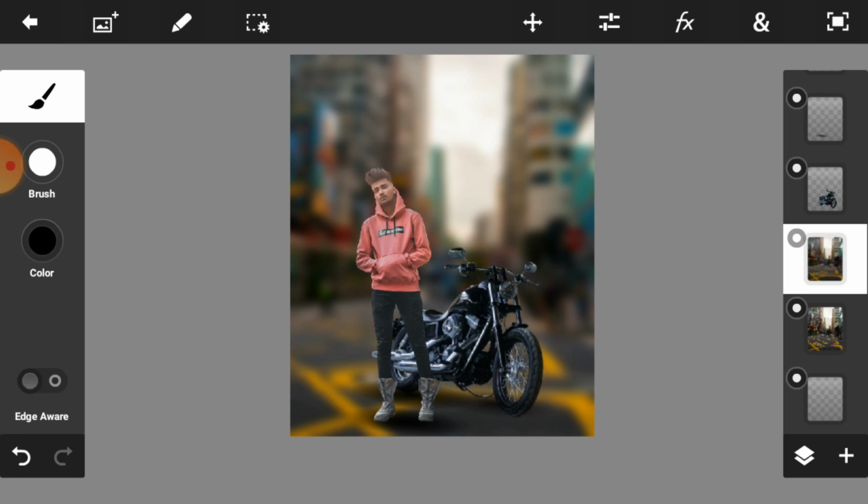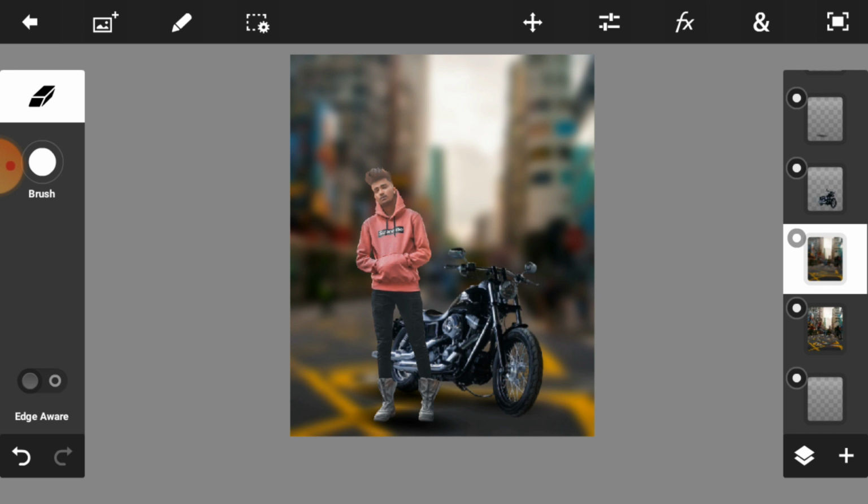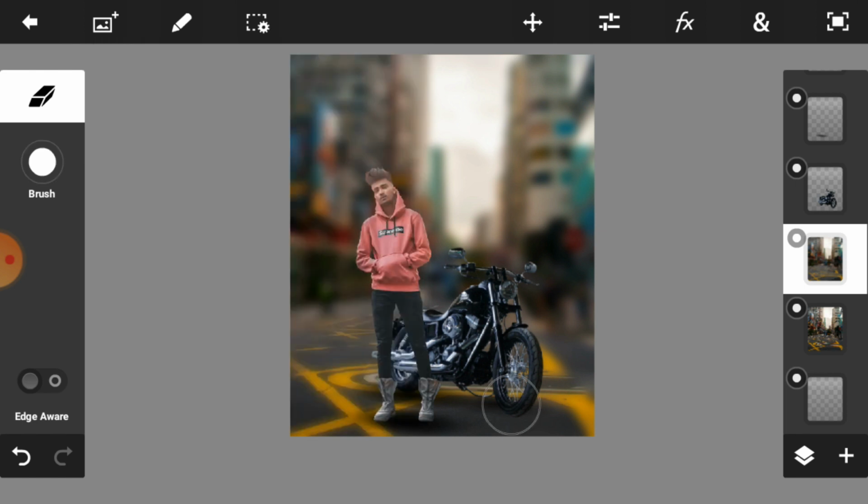But we had a problem that the surface is also blurred, so we are going to erase this surface first. So we just select the eraser tool and we are going to erase the blur image. Adjust the brush, make opacity 100% this time first. Then you can also adjust the size of your brush. And now we are going to remove the blur from the surface. So you can see that the effect has come out and your image completely looks original. It amazingly provides a DSLR look.